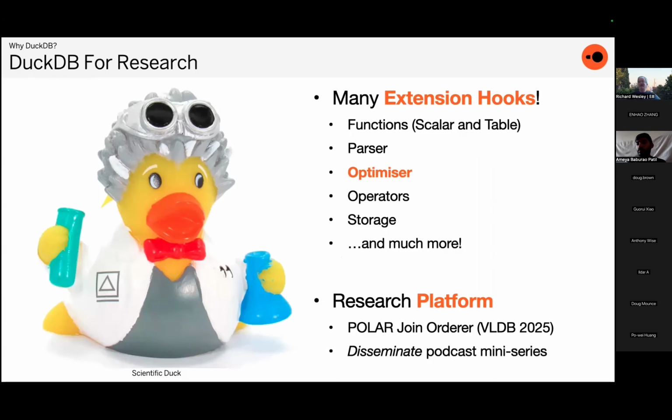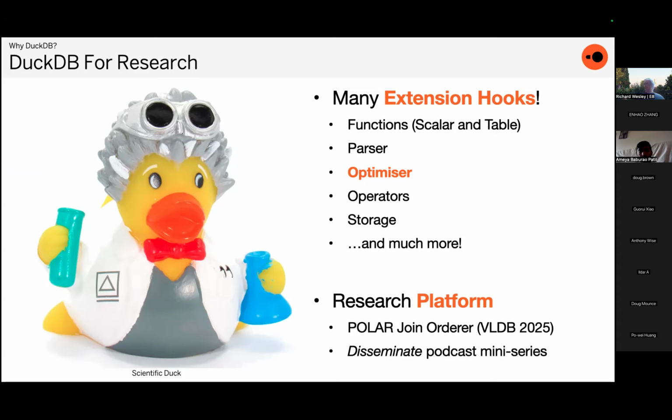But it also means that DuckDB is a great thing to use as a research platform, okay? Because we don't just have plugins for scalars and tables. You can hook into the parser, you can hook into the optimizer, you can write your own operators, you can write your own storage layers, and there's a couple of other things. I was looking around the code and seeing, oh, there's more stuff. And the reason I've highlighted optimizer is right now I'm trying to write my first one to do an optimization that I'm not sure is a good idea for certain kinds of windowing functions based on a paper from